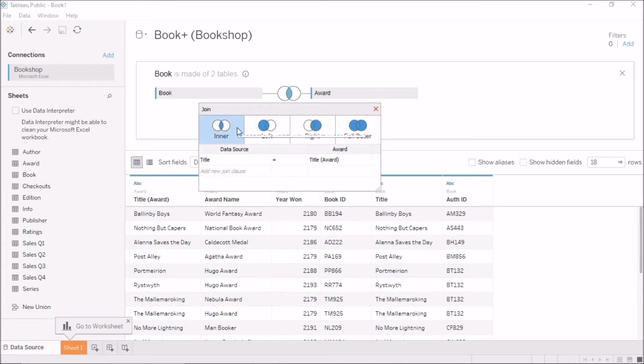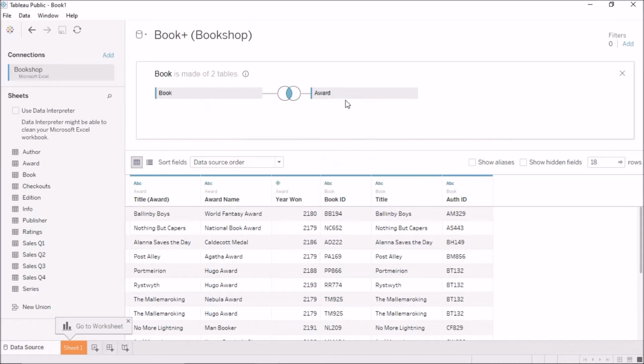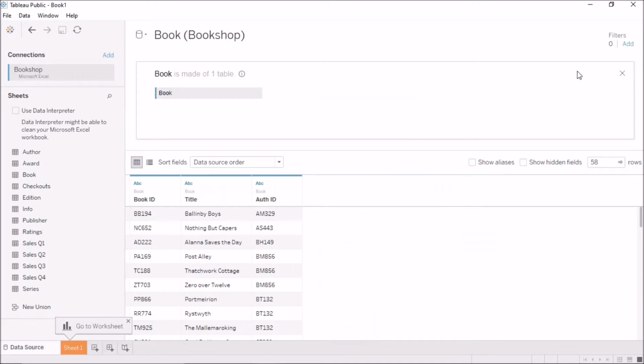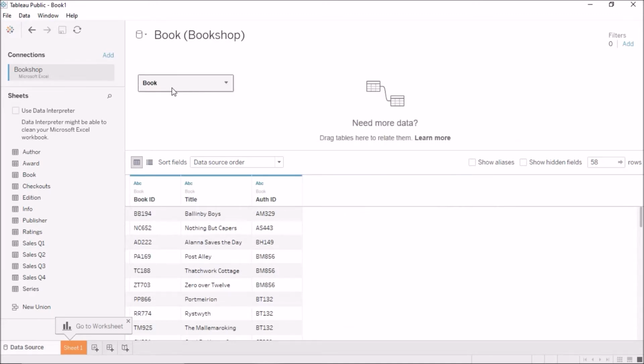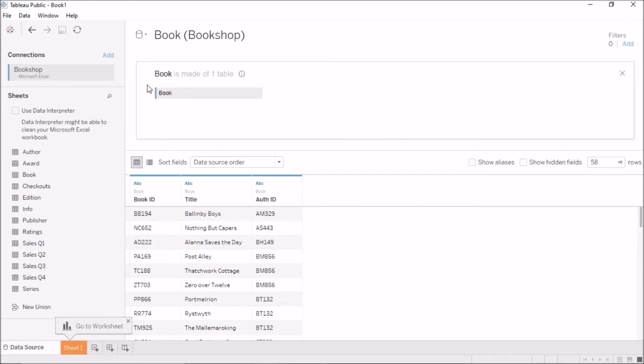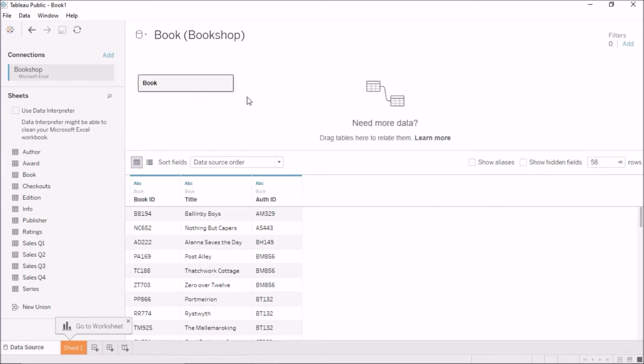This is a similar interface for inner, left, right and outer joins on the title column, but I will not do a join here. I'll just drag this out and come out of this physical layer. This is the logical layer, and this is known as the logical table. Each logical table can have multiple physical tables, but it will always have at least one physical table, as is evident here: if I double click, I get one physical table inside this logical table.